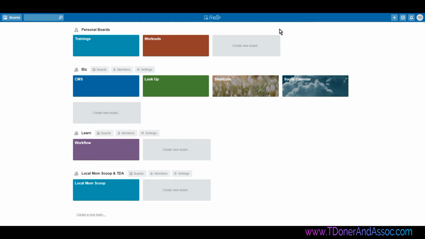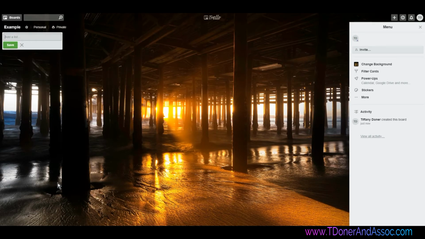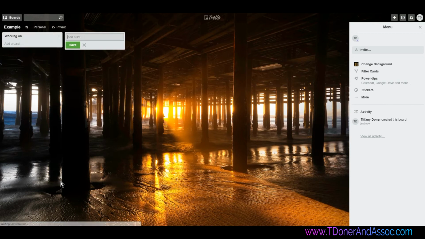And just to show you real quick, if you've never used Trello, basically you make a free Trello account, and you would have already a board set up for you. But say I'm just going to create a board, and let's title it example. I'm going to put it in no team, so that means it's a private board, and it's going to pick that image, and it's working on it, and here it is. And so typically a Trello board is based off of using the Kanban method, which is working on